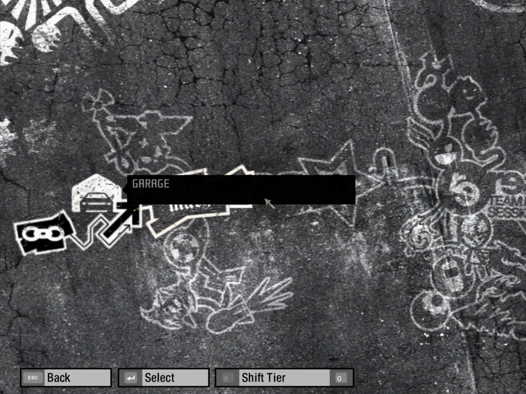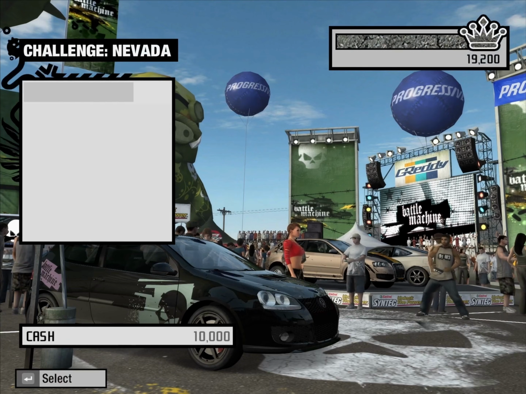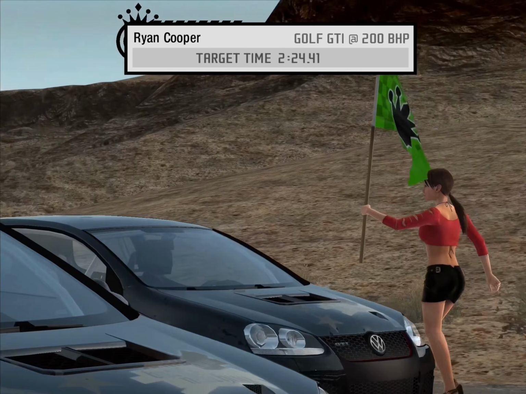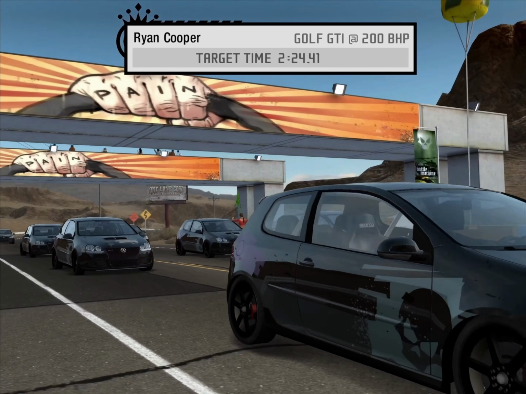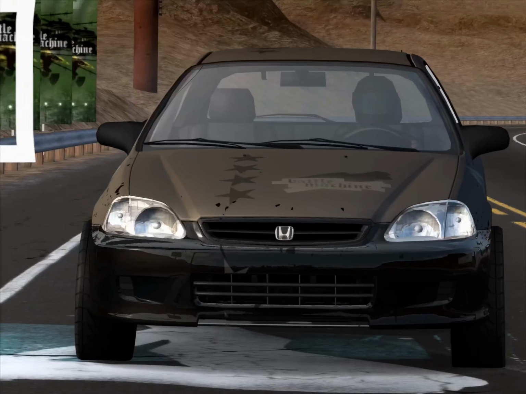What you're looking at right now is the UI of Need for Speed ProStreet. We're not talking about some art house indie game, we're talking about a rushed, yearly release AAA game, which was received quite poorly when it came out and only really got cult classic status a few years ago. But if you look at the menus, look at the UI, look at the vibe of the game, it's so